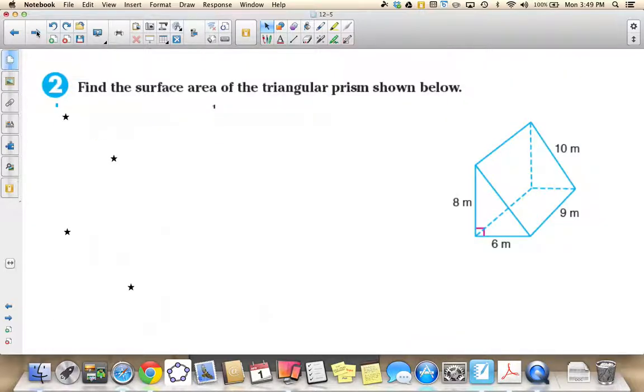Okay, moving on. Let's find the surface area of the triangular prism shown on the right side. So this is our triangular prism. The only reason why it's called a triangular prism is because the bases are triangles, two congruent triangles. So we want to